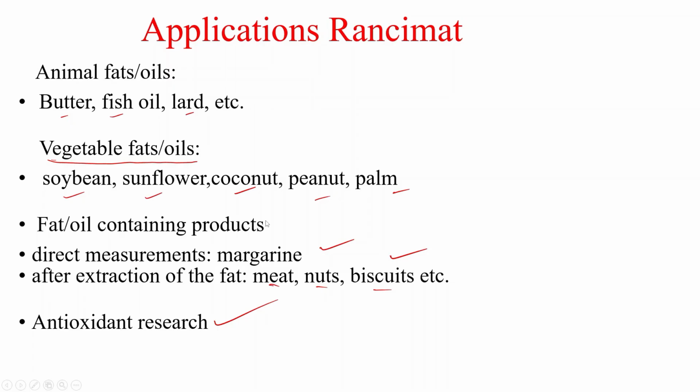So this was about the basics of Rancimat, what its applications are, what the principle of Rancimat is, and how the equipment works, that we have discussed in this